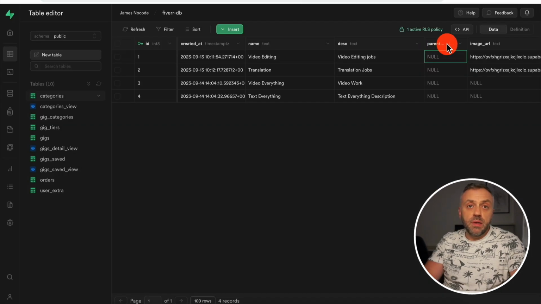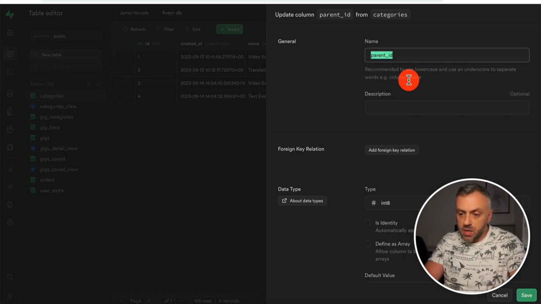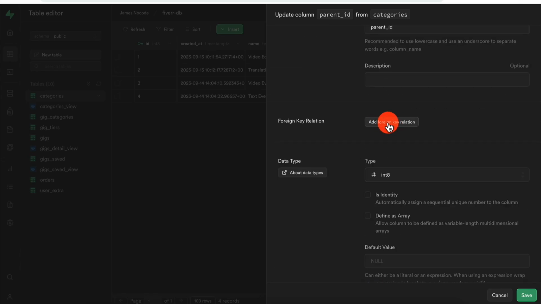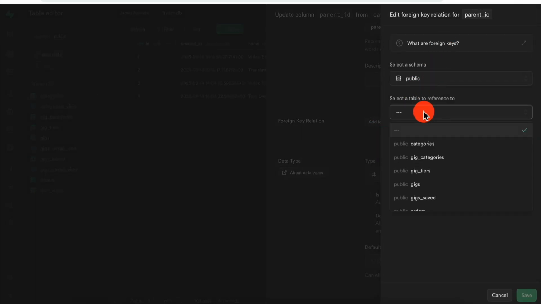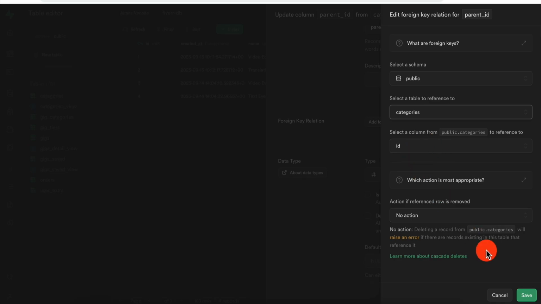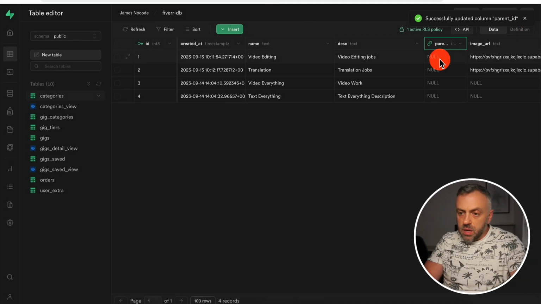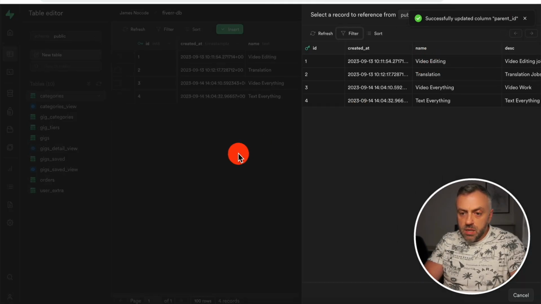And for the parent ID, I can have a reference that's linked back to one of these records. First I want to edit this column right here, and I want to add a foreign key relation. So I'm going to add it back to this category ID here. Saved it. And now what I can do is edit it and select the